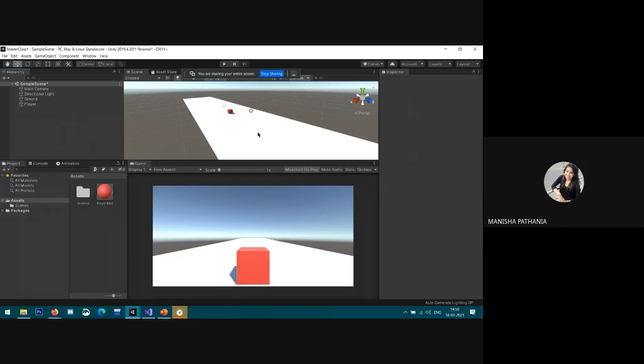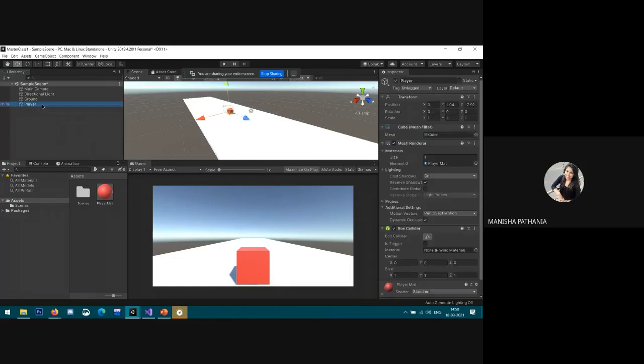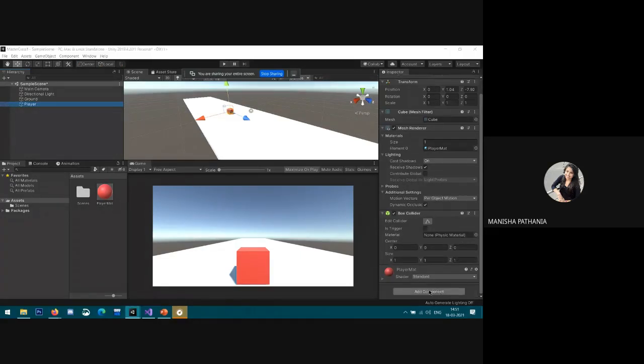Now we also need to add a rigid body to our player. If we want our player to interact with the Unity physics system, we need to add a rigid body here. So go to the player inspector window and add rigid body here.